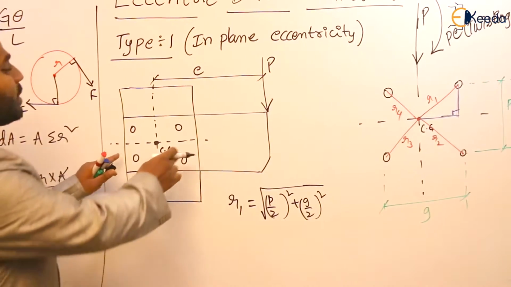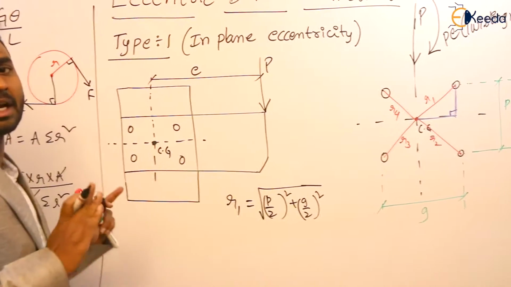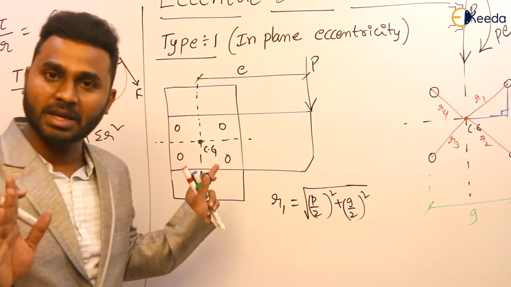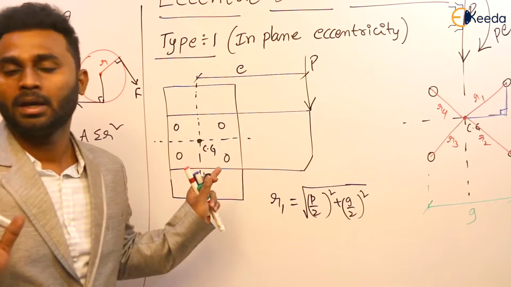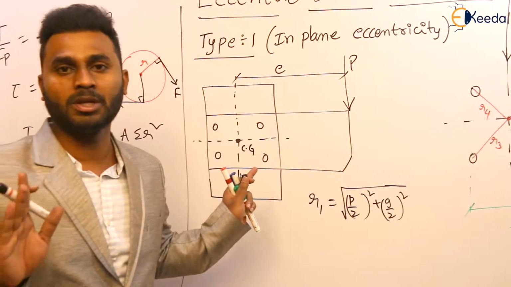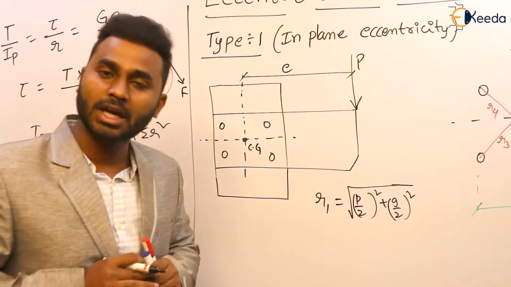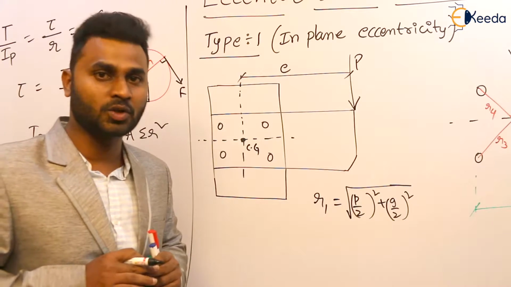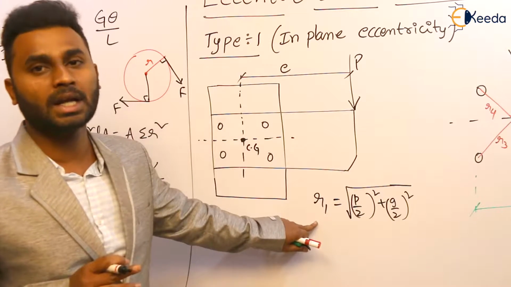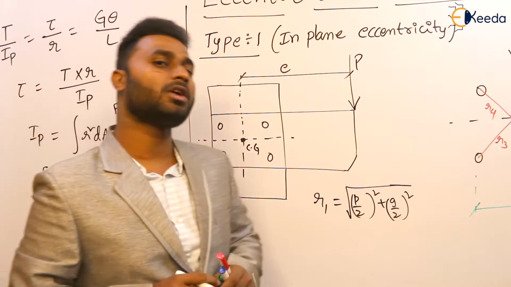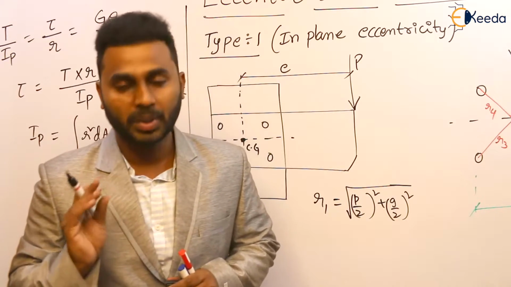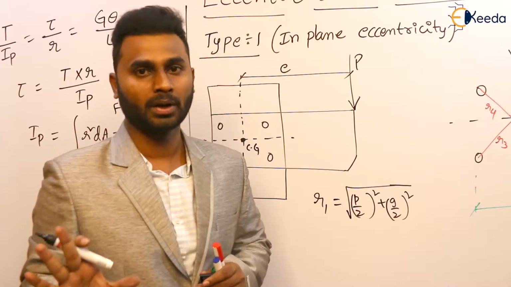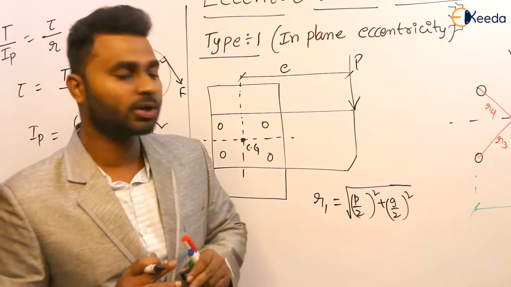So for this type of arrangement of the bolt, as I said, not in all the cases will the same arrangement be there. So it changes from case to case, or you can say connection to connection, or design to design. So here it is how to calculate R1 and R2. But for calculation of these radial distances, we require pitch and gauge. That is what you should remember. Okay, so this is how R1 and R2 we can calculate.